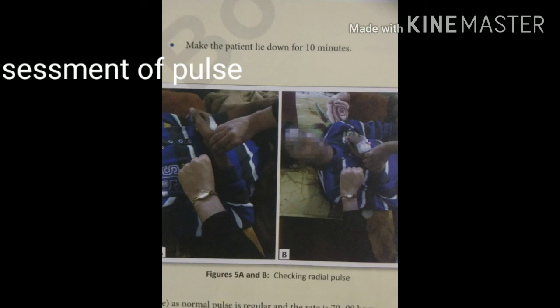Post-procedural step: here we do hand wash, make the patient comfortable, report any abnormalities in the respiration to the physician, then do the documentation: document the findings on the treatment chart and mark the reading on the graph chart. This is all about pulse assessment and respiration. Tomorrow we do blood pressure next.